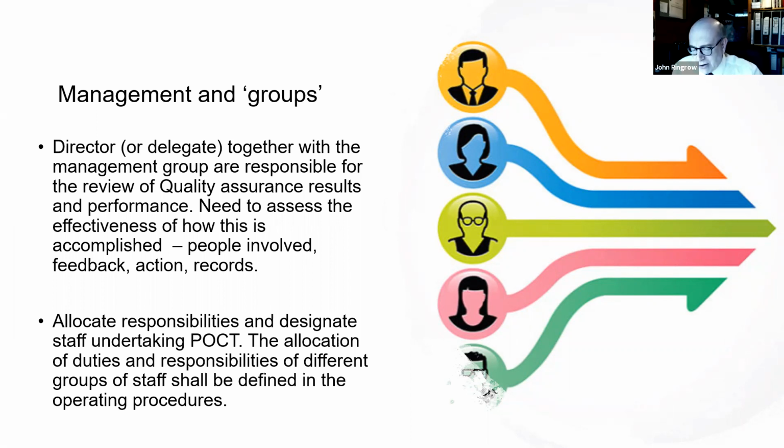That allocation of duties and responsibilities of different groups shall be defined within the operating procedures. So if you have the documentation to underpin this and how your group works, then the individual responsibilities of the various people within these groups will also be designated as well. So when we talk about laboratory director or designated person, we're referring specifically to 5.6.6 as one of the clauses